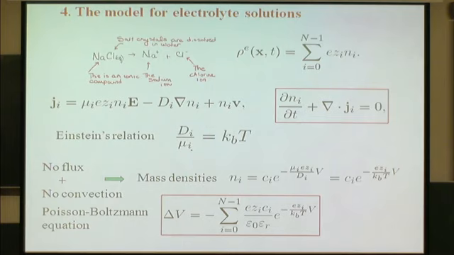The situation can be more complicated. You can have many ions, but we are focusing just on two ions, and you will have this net charge. The charges are moving inside the medium, drifting by several terms. One of them is the electric drift. Since they are charged, if you apply an electric field, then the charges are going to move in the direction of the electric field or the opposite, depending on the sign.